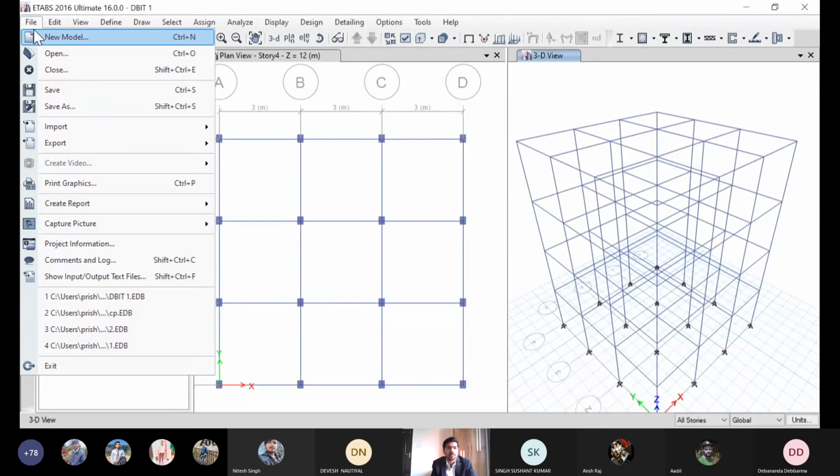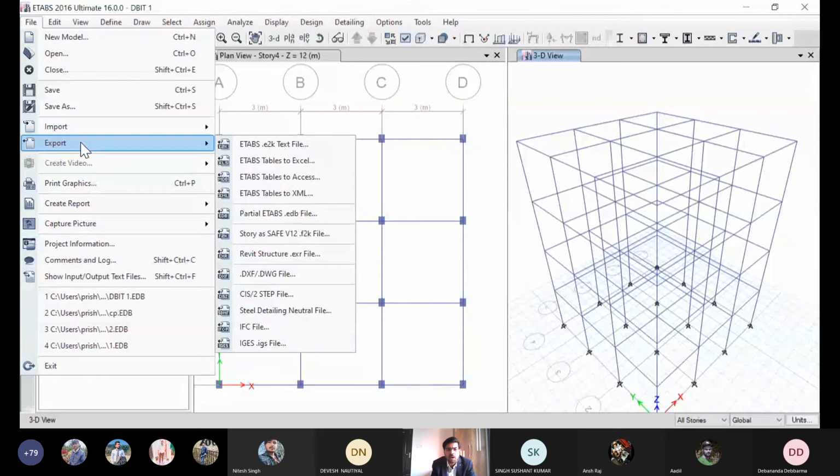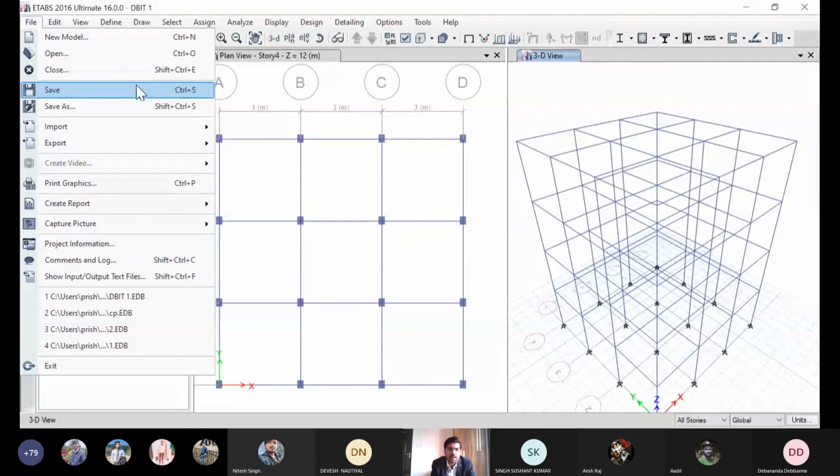Correct. So now, there is an option of import and export. We can import files from AutoCAD. We can import files from Revit. And in the second half, when we model a building, complete it and apply the load, we'll import a building from AutoCAD and then we'll do the work. I'll show you an example. So these are the import and export options from different software to this software, or creating a file from this software to be used in different software, right?